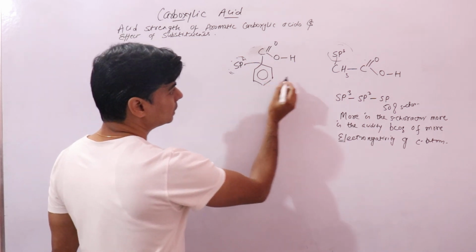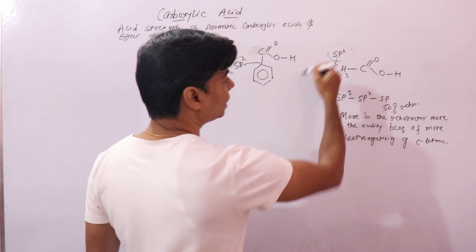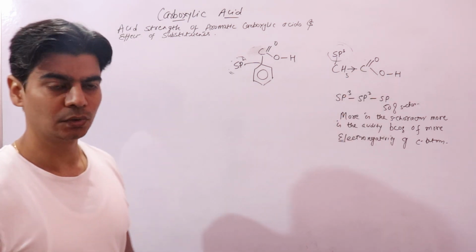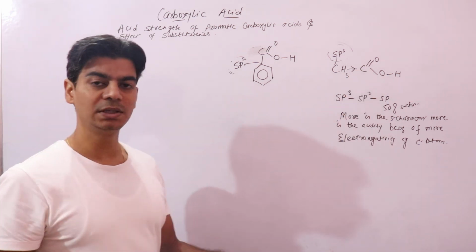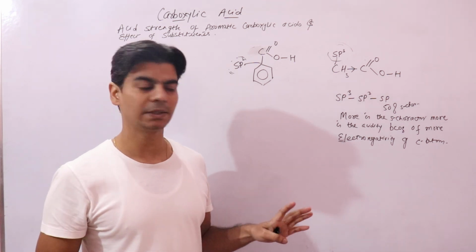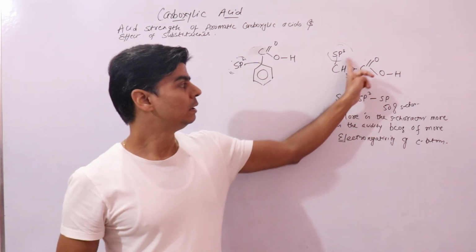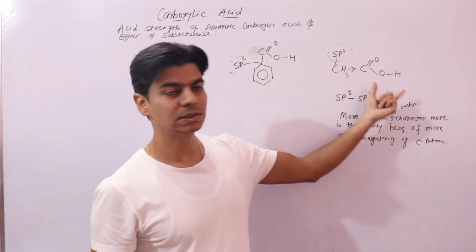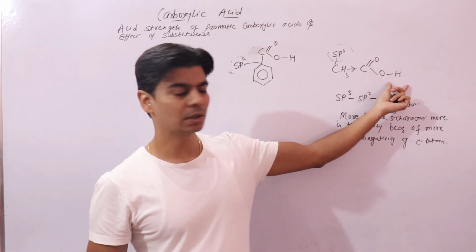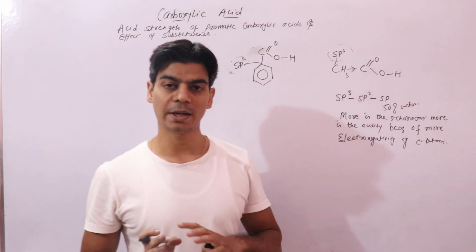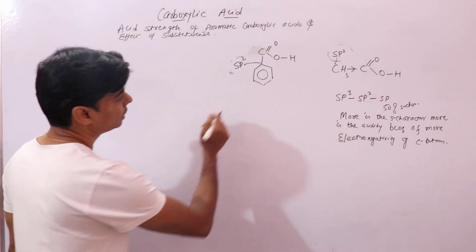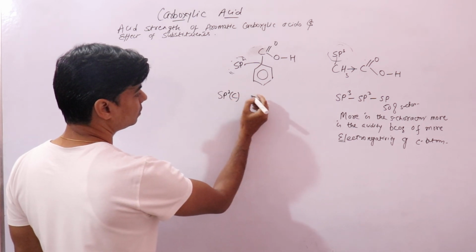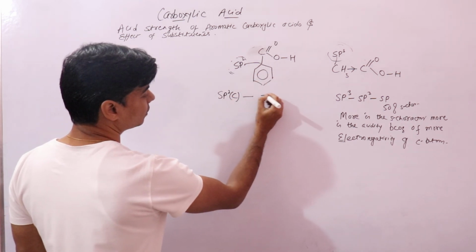So here, since it is sp3 hybridized, electronegativity is less, and we know that this is electron releasing group, methyl group, right? And electron releasing groups, we have discussed this before in the previous lecture. Electron releasing groups will make this OH bond a stronger bond, right? And that will decrease the acidic strength, because if this bond is a stronger bond, it will make the release of hydrogen ion difficult, right? So due to sp2 hybridized carbon atom, right, we have minus I effect,